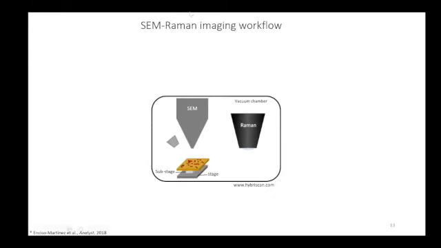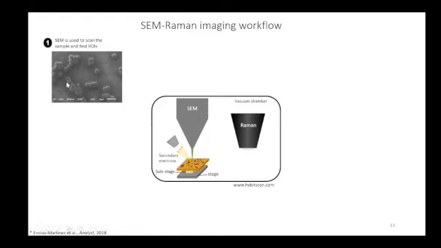So the first thing that we did was to try to do scanning electron microscopy and Raman spectroscopy on a sample, but first of cells, because cells are a lot easier to work with than vesicles. So we first wanted to test the method using cells. So for instance, here we have cells, and we can just have a fast scan just to look for regions of interest where we have the red blood cells.